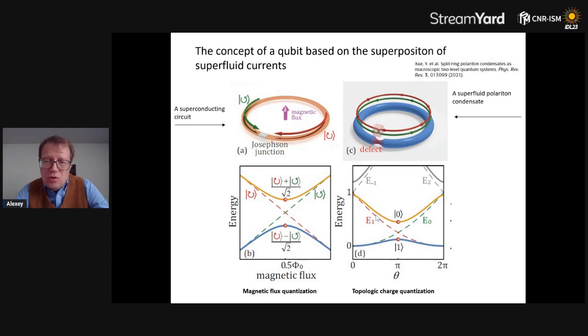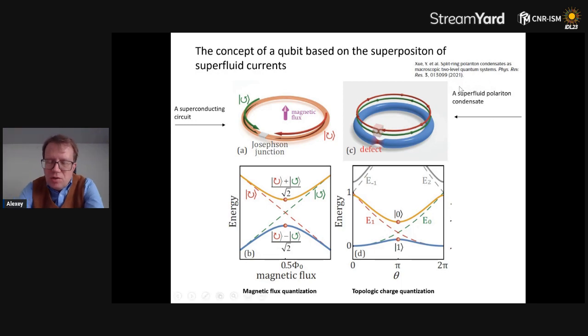So to make the long story short, one can say that in every qubit, something must be quantized. Yes, this is a quantum object, so something must be quantized. But in a superconducting qubit, it is the magnetic flux that is quantized. But in a superfluid qubit, it is a topological charge. Topological charge tells you how many times the phase changes by 2 pi when you go around the circuit. So quantization of topological charge is at the heart of these polariton qubits, which have been proposed by our group